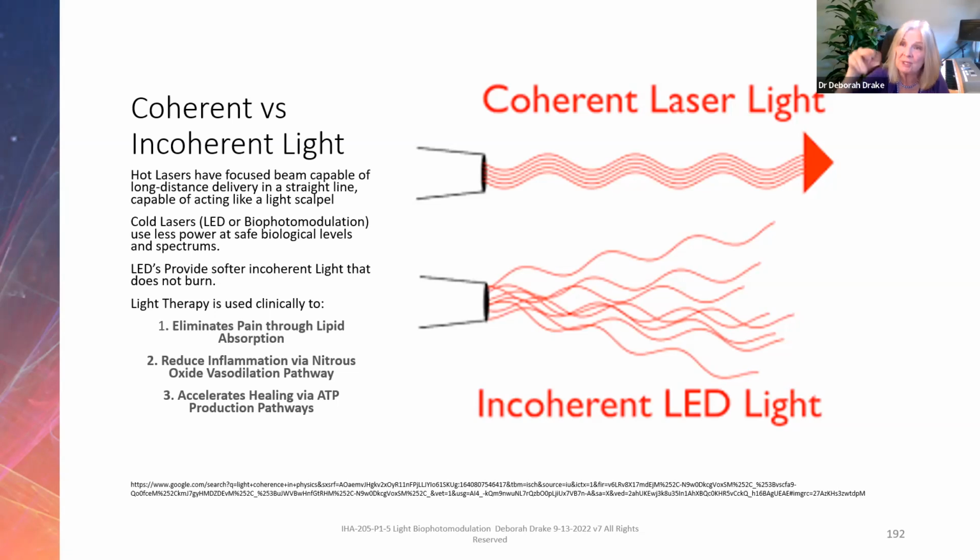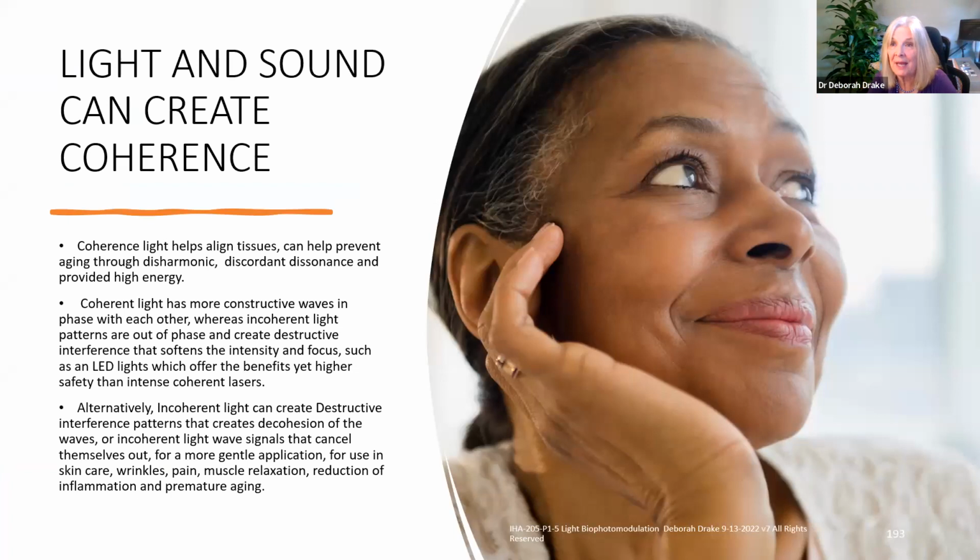A second way is that it reduces inflammation by opening vasodilation of arteries through the nitric oxide vasodilation pathway. So nitric oxide dilates, and then the blood can flow better. The third way light helps is it accelerates the healing of wounds or any injuries through ATP production pathways, where more light hits the mitochondria, and the mitochondria then light up the night and have enough energy